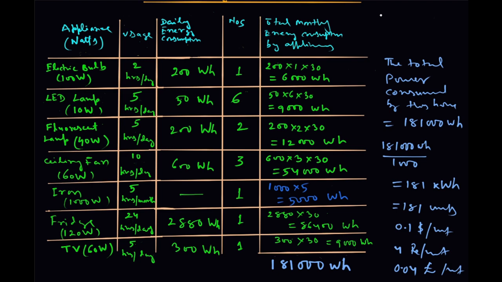In the household, you will see that the utility line is coming to your house, and in the house there is the meter, and this line is passing through the meter, and from the meter it comes to the main switch, then it is distributed to different rooms, and total energy is calculated by this meter. Accordingly, you have to pay to the supply company based on this tariff rate.